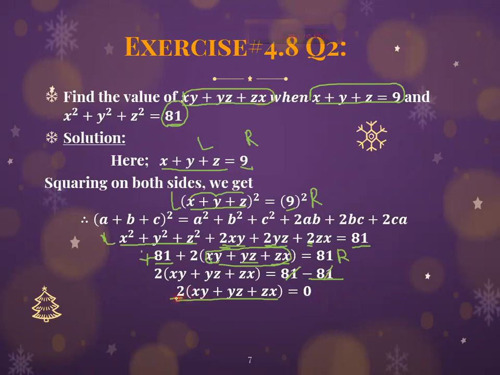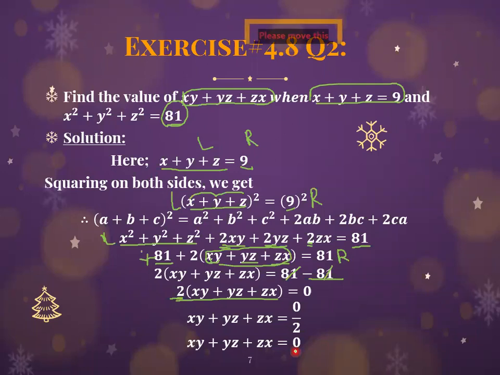So what you will do is shift this 2 as well to the right side. Here 2 is multiplying with this whole term, so when you shift it to the other side, which is your right side, if it is multiplying here, then on the right side it will get divided with the given term. Okay, so in the next step, simply write what will be left on the left side, xy plus yz plus zx is equal to 0 divided by 2. Okay, where this 2 comes from this side. Now if you divide 0 by any number, the answer will be 0. So xy plus yz plus zx is equal to 0.